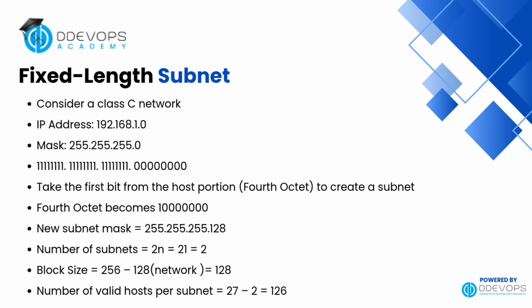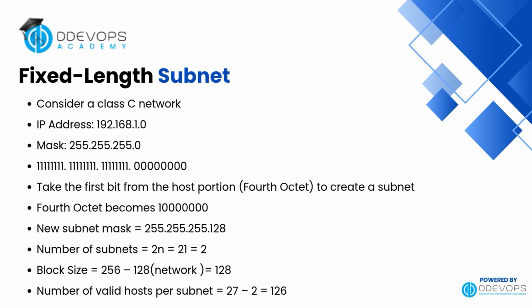Now let's calculate. Number of subnets equals 2 to the power of n equals 2 to the power of 1 equals 2 subnets. Block size equals 256 minus 128 equals 128, which means our subnets will be: first subnet, 192.168.1.0 to 192.168.1.127. Second subnet,